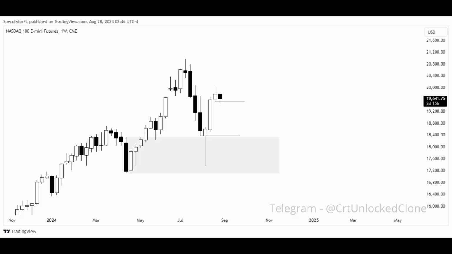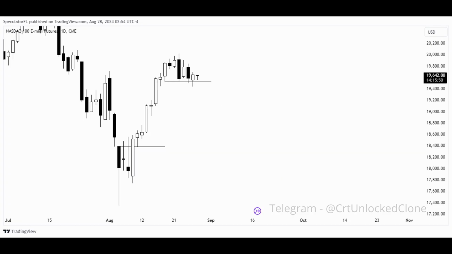Now what you can see right here is that we formed this new bullish FVG. So when this new weekly candle opened, I was expecting this FVG to be tested and I wanted to look for longs off of this FVG. So then I went down to the daily time frame to refine that thought process even more and refine my draw on liquidity so that I could finally go down to the 4 hour time frame to position myself in a CRT. So on the daily time frame, you can see that we've got this price action right here.